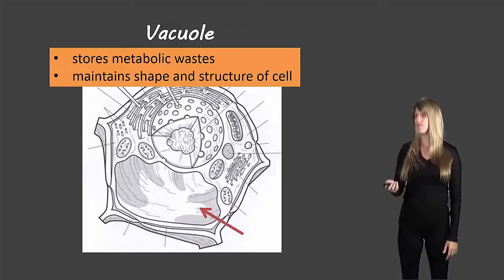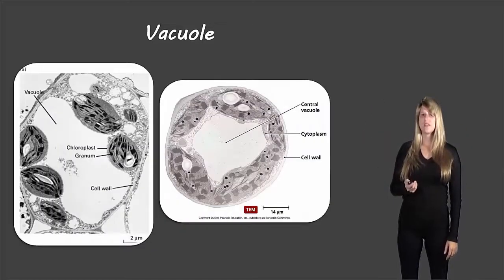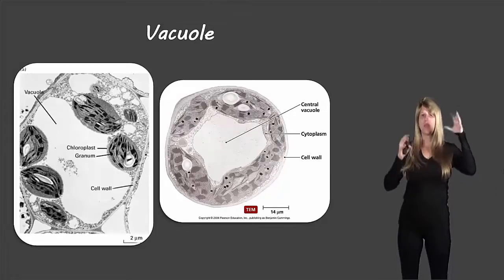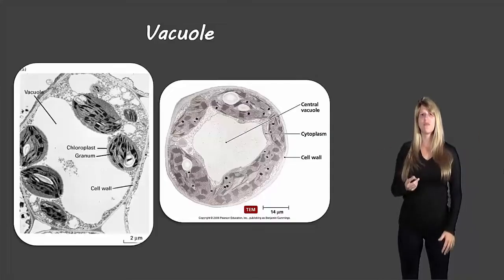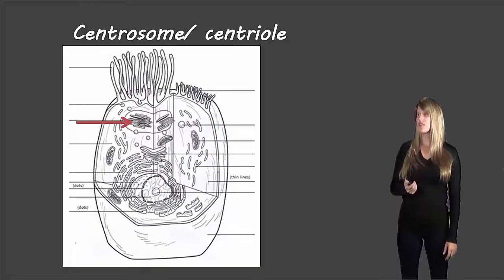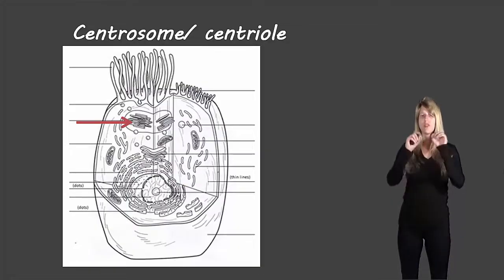stay big and rigid. So here we can see some diagrams of the vacuole, and you can see how it's a big empty space on these diagrams that helps push everything towards the side to keep the cell holding its shape. The next one is the centrosome, or the centrioles, and in this diagram it almost looks like a bunch